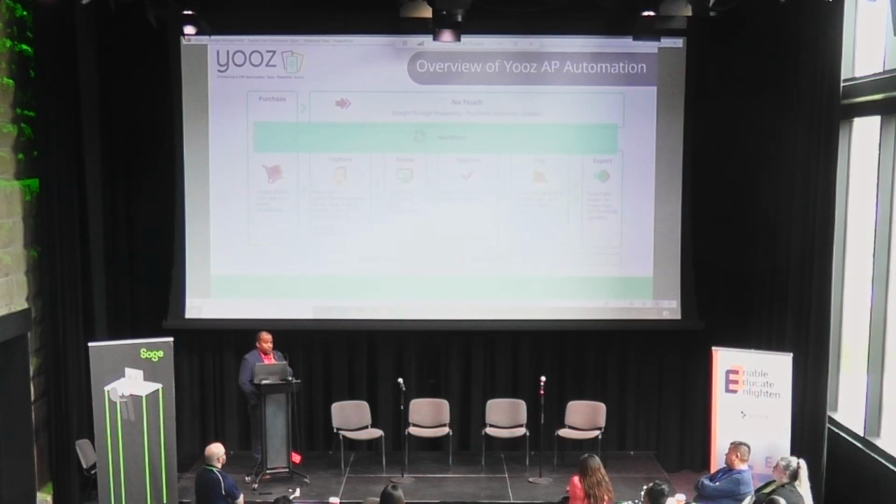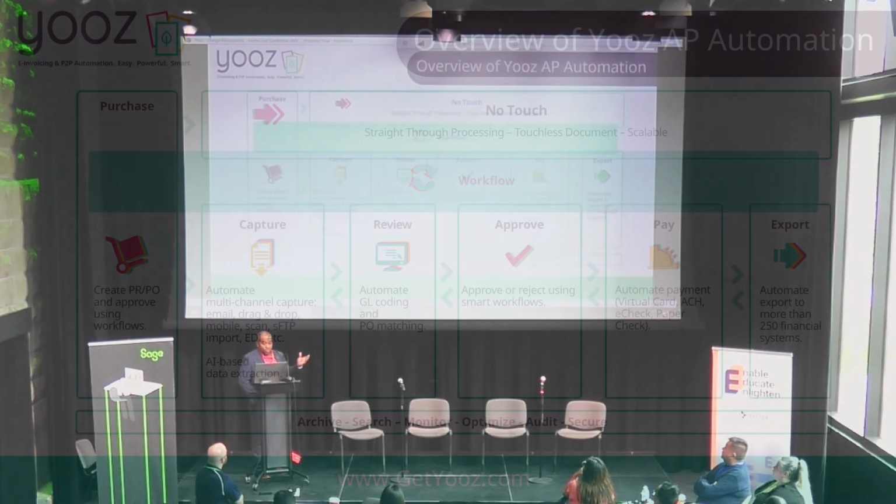A few things that are different about us. We take any type of file. An Excel document, Word document, TIFF, JPEG, you name it. We'll read that document, so there's no templates, no outsourcing. It's all done in 20 to 30 seconds. So if you use POs, imagine matching to a PO in 20 seconds, right, which is pretty cool.